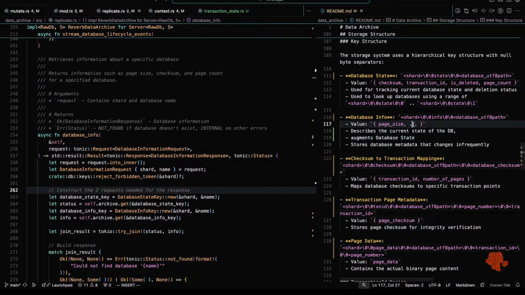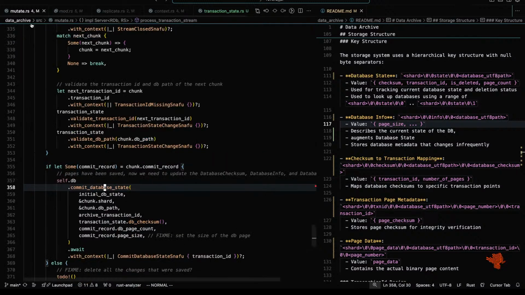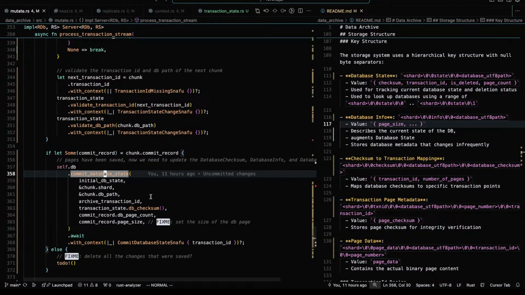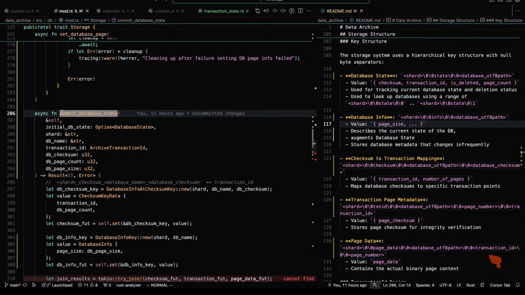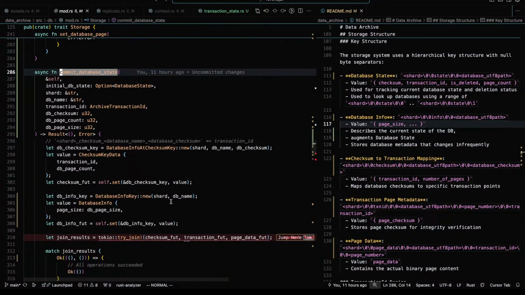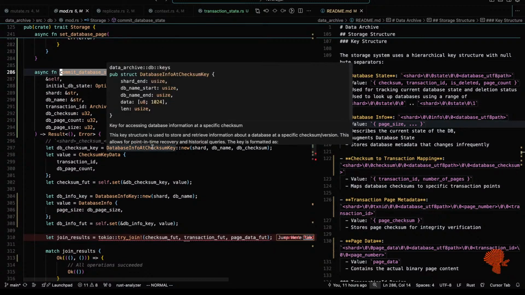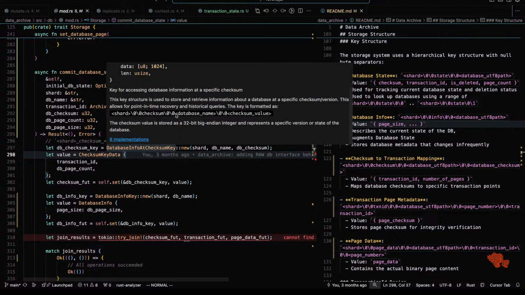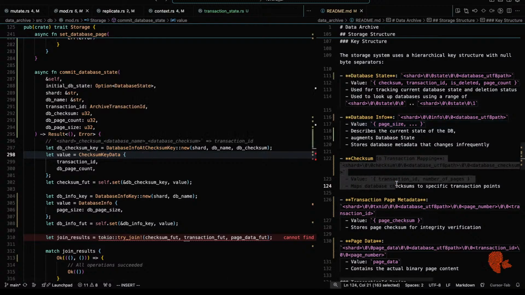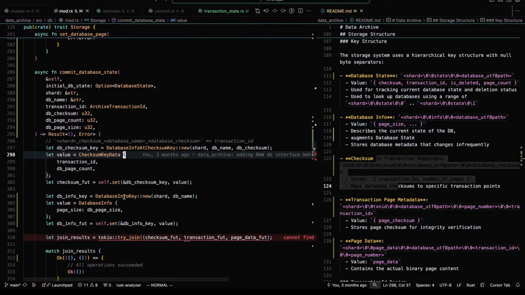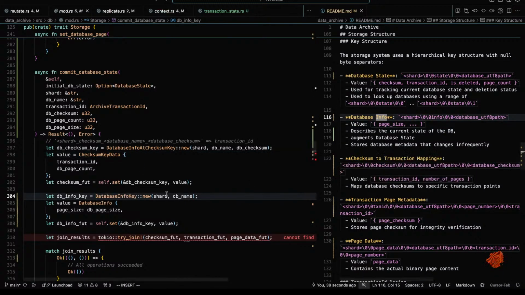If that is not changing very often, I think we're okay. Let's go back to mutate and look here. It's database info at checksum, which is this key: shard, checksum, database name, checksum value. This guy here, database info key, this one.